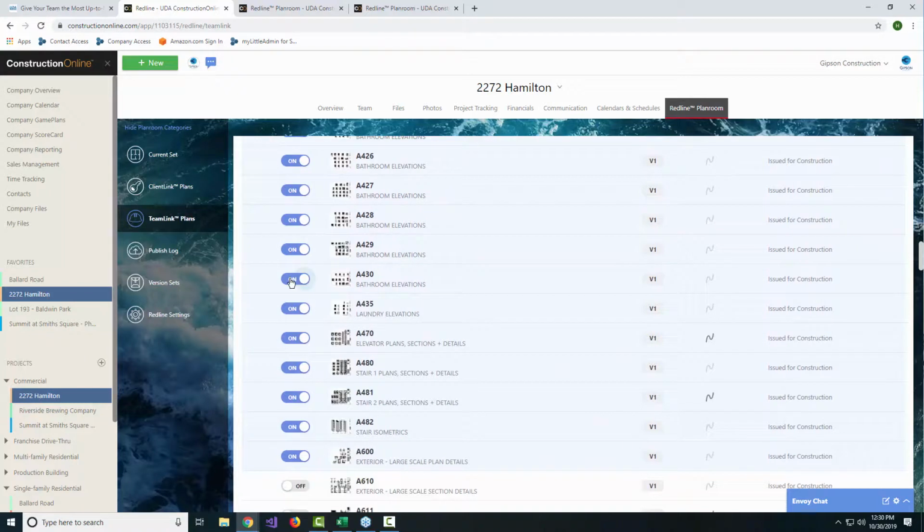The other thing that you have available, and this, by the way, works the same way for your Team Link members and for your Client Link members, so you can always fine tune that just within these tabs here. And then you also have a couple of additional tools that will allow you, when you're using Redline, to really see